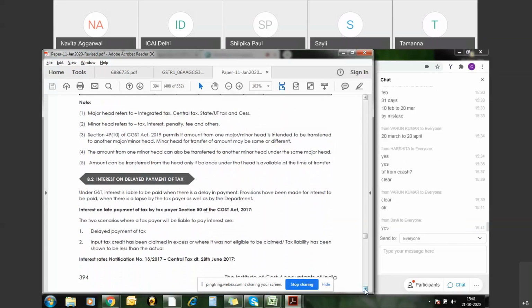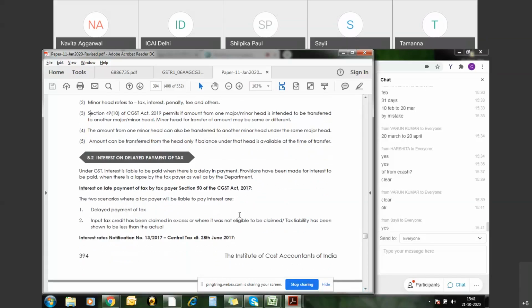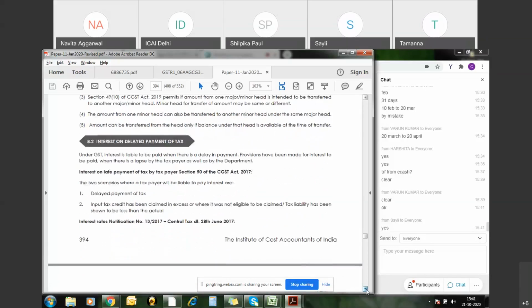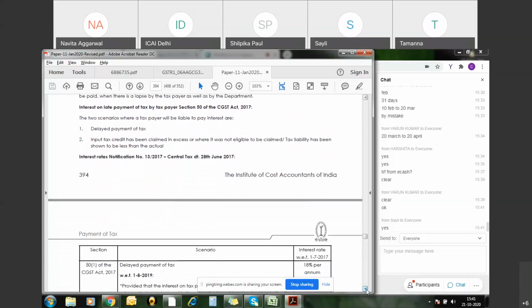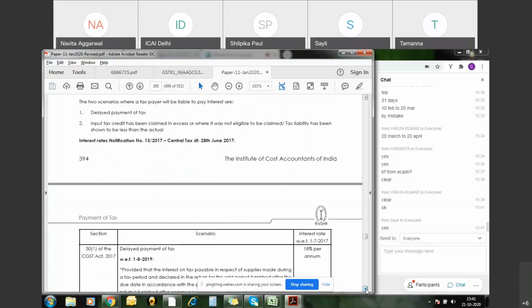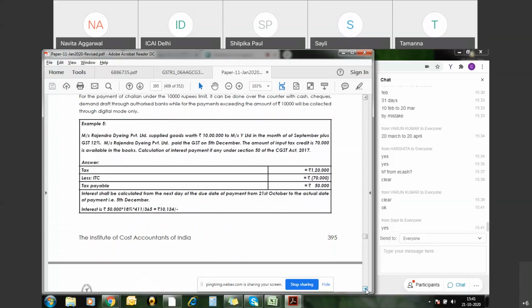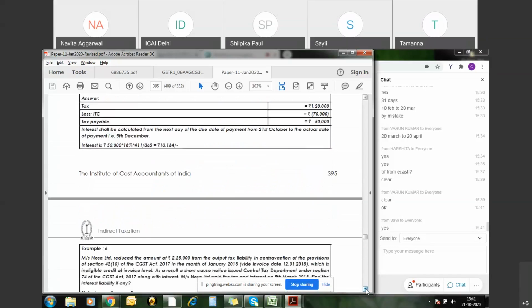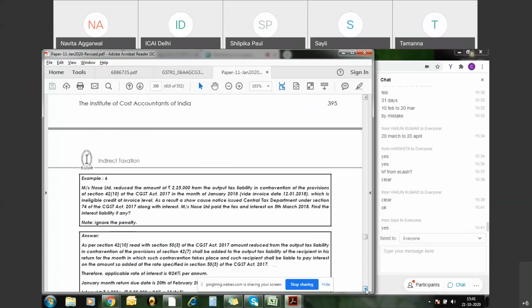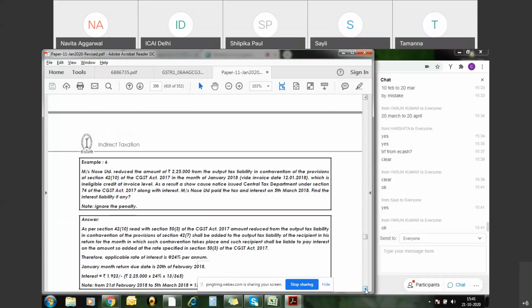Okay, so as we have just computed the interest, these provisions are again explaining the interest on delayed payment of taxes. So students, can we just continue with this topic, and the other two topics we can cover in the next class, because we will not be able to go through and complete this with a complete example within the 15 minutes left for the meeting. So can we quickly study in the next class?